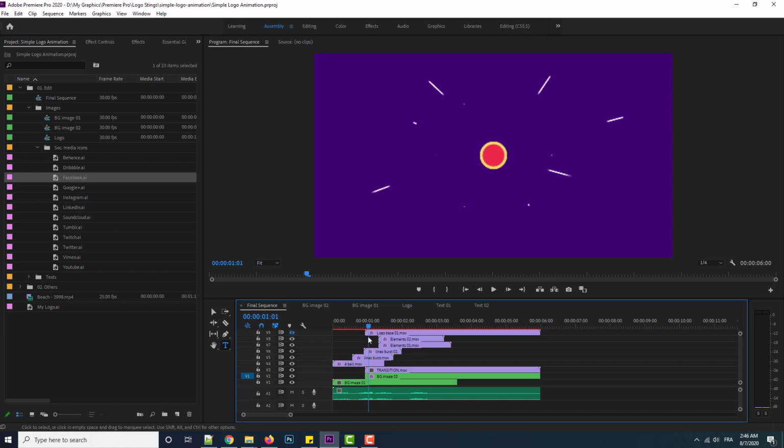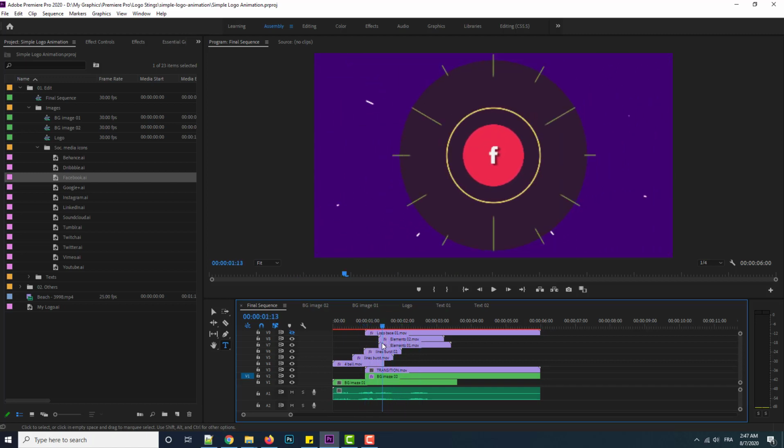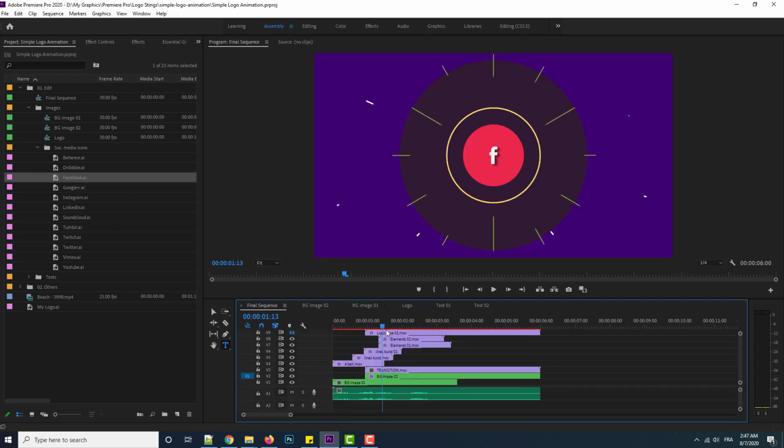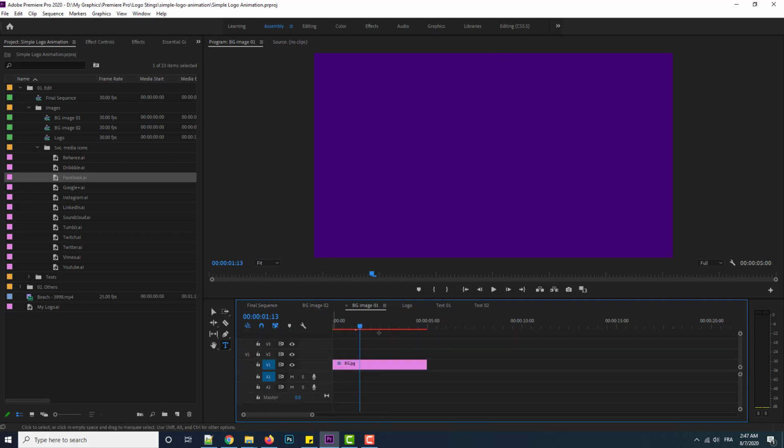What you can also change is the background. You can put, for example, a video behind the logo. It is not necessary to use this color or this background. How to change the background? To change the background, you have these two sequences, BG image 02 or 01. Okay, so let's start with image 1. Here, as you can see, I have an image. So what I will do, I just